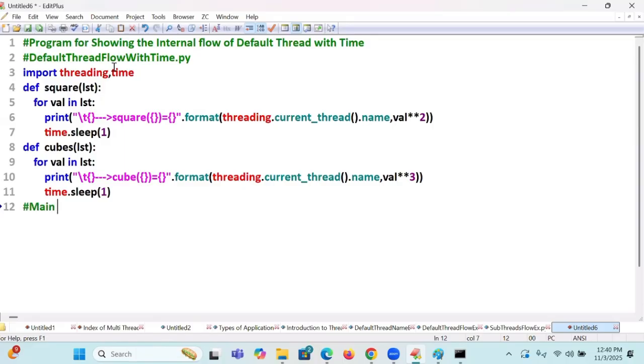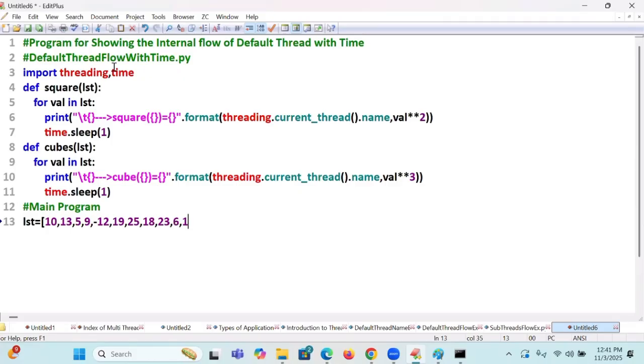Now I'm going to come to the main program. So I'm going to write the main program. LST is equal to, for example, 10, 13, 5, 9, minus 12, some 19, 25, something like 18, something like 23, something like 6, something like 15.